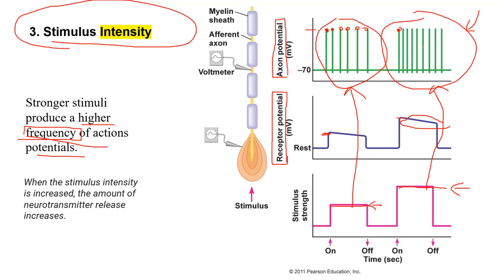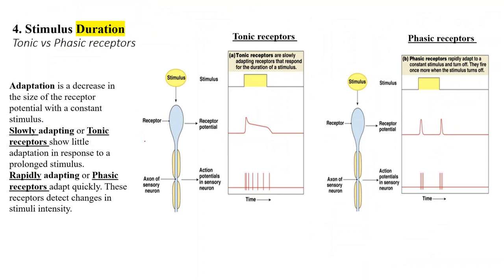It can be true or false questions that say, for instance, a stronger stimulus in a receptor will determine a higher or stronger value of an action potential. It's false. It's the frequency. It's not the strength, because action potentials are all or none events. They never change in intensity. And this is something we talked about extensively when we talked about action potentials.